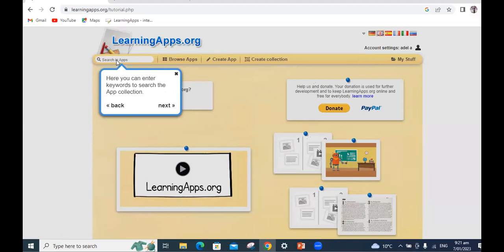Just write here, for example, present simple, past simple, jobs, vocab, any kind of activity you want to perform or find, and you will find ready-made apps here. So it's normal to find such things here.